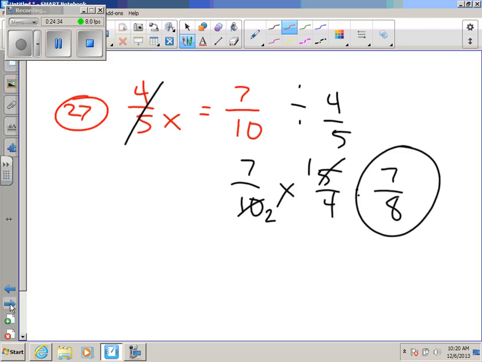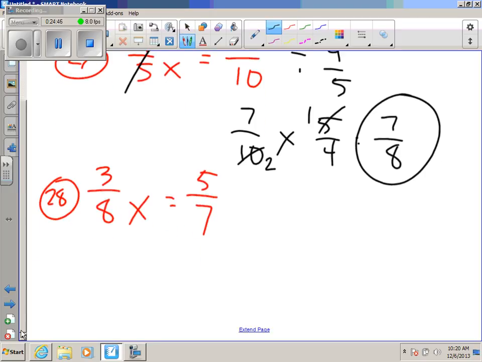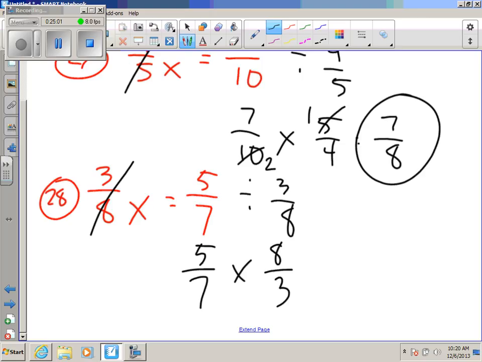28. 3/8 x is equal to 5/7. Okay, what's happening to x? Being multiplied by 3/8. Opposite of multiplying by 3/8. Fraction form, times 8 over 3. Nothing I can do with any of this. 40 over 21 equals 1 and